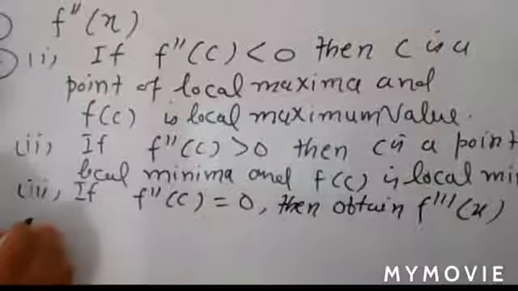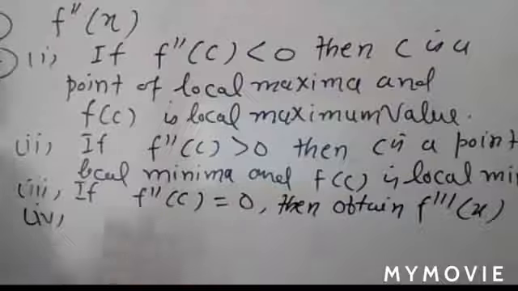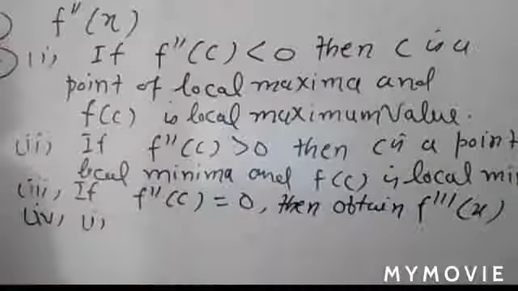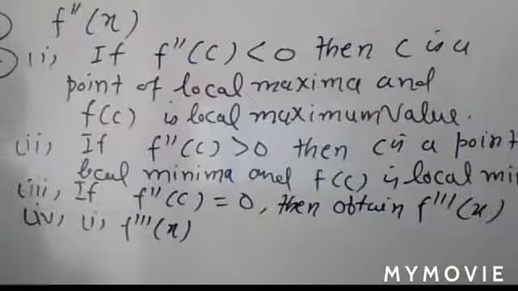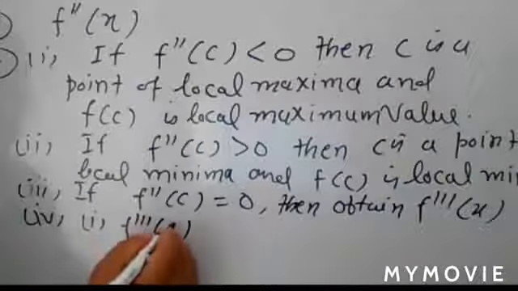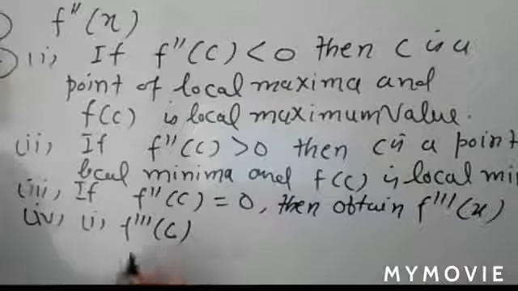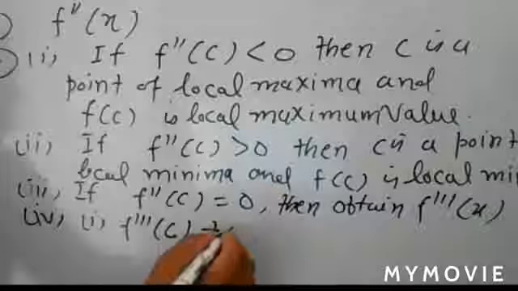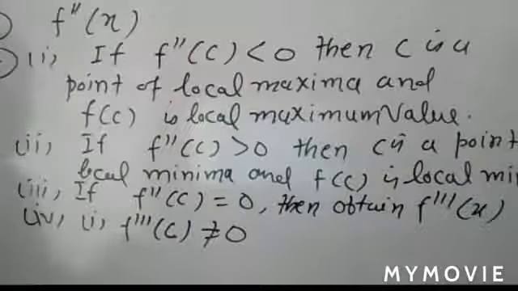Then you have two cases again. Put the value of c, obtained from f dash x is equal to 0, into f triple dash. If f triple dash c is not equal to 0, means it has some value, then you write: